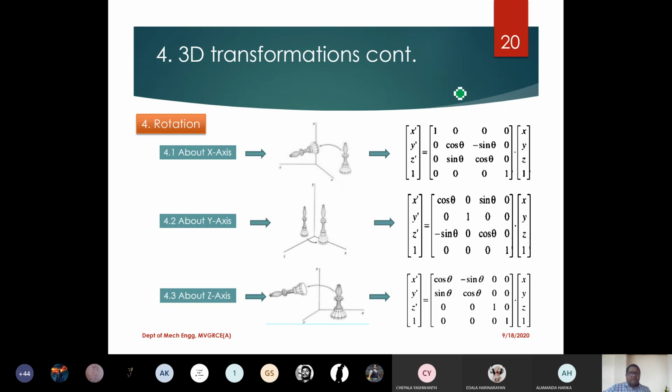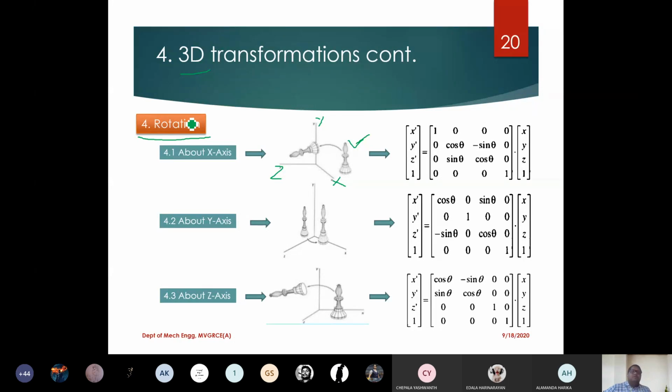Now if you look at the rotation, which is the fourth fundamental operation for 3D, here I can rotate an object about the x-axis. So here it is the x-axis, this is y, this is the z-axis. When you're trying to rotate a three-dimensional solid or object about the x-axis, what will happen? Can anybody tell me, in two-dimensional transformation, rotation? Please try to understand my question. We performed rotation in 2D transformations also. Can you tell me about which point you rotated?